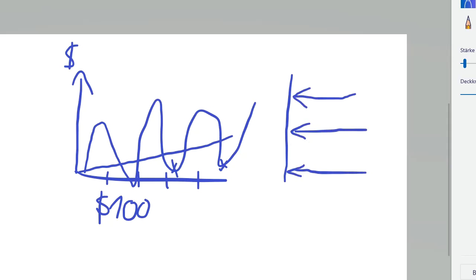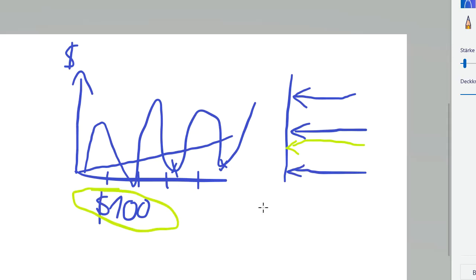But this is not the case, because with the DCA, your average purchase price is actually smaller than the average between top and bottom, right? Why is that? Because you would buy more at the point in time where the asset has fallen more, right? Because you have a fixed number of dollar units, and if the price has fallen more, say the Tesla share fell from $100 per share to $20 per share, now at $20 per share, you would buy 5 shares, right? And if it rises again to $100 per share, you would buy only 1 share, right?